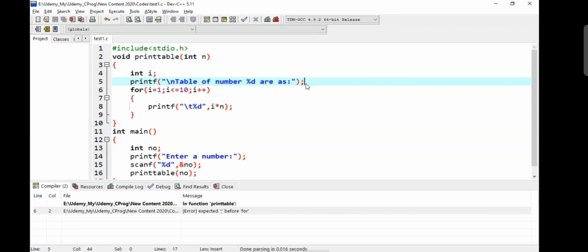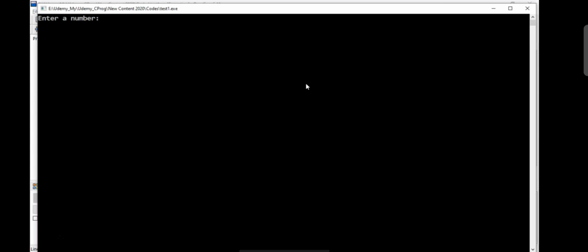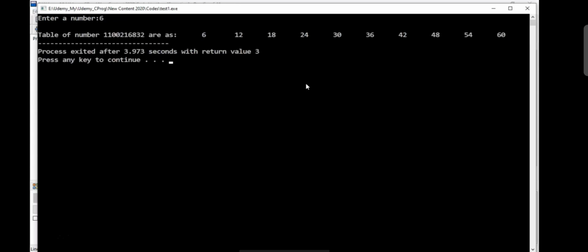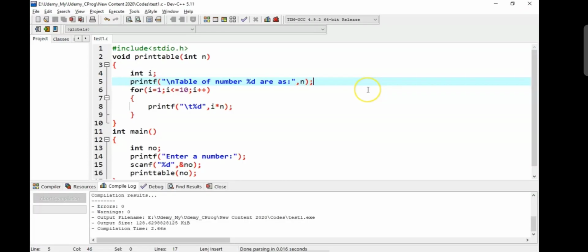Let's compile and execute this code. So it is asking me one number, let me say number 6. Now the output is correct. So now we are able to print the table of one number. What we want to do is print the tables of all numbers up to number n. This is possible if we have two loops. One loop will iterate through all numbers from 1 to n, and the other loop will take care of the actual printing